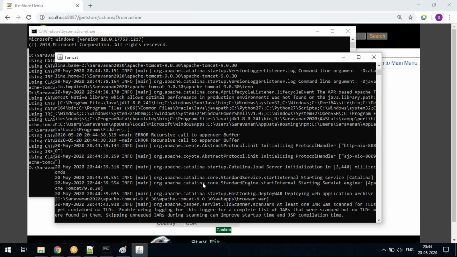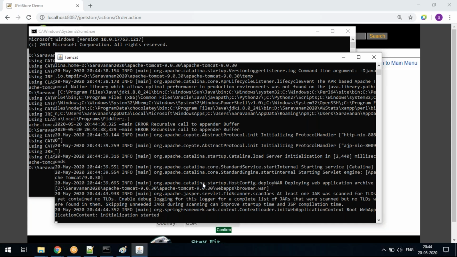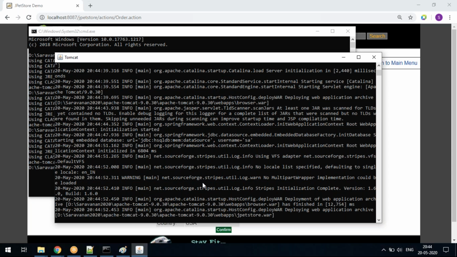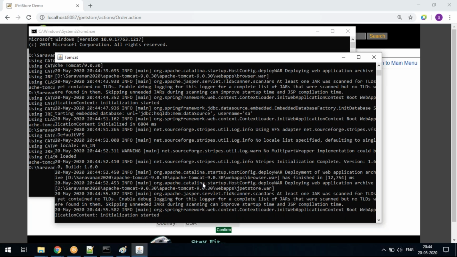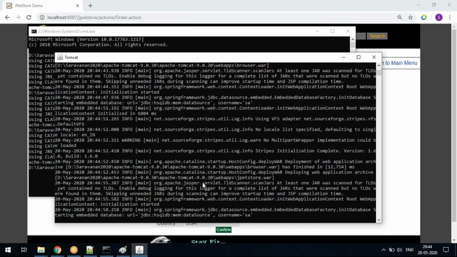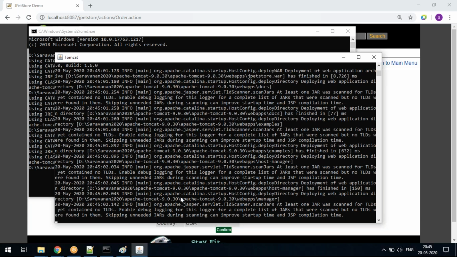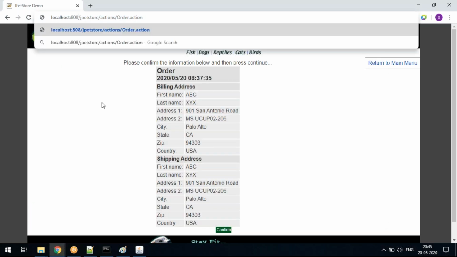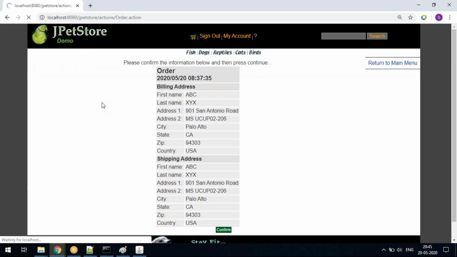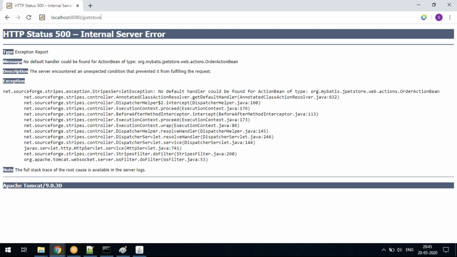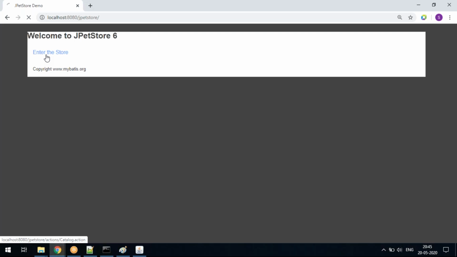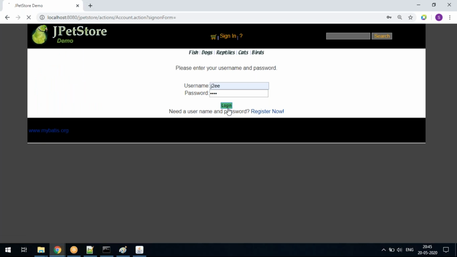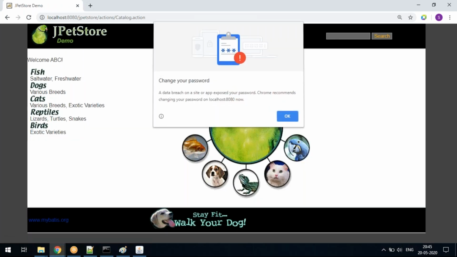Now nothing, guys. We only changed the port on which the application is working. Yeah, it is started properly. Now as I mentioned, I'm going to 8080. I have to launch it properly. Yeah, launched properly. And then I'm signing in, logging in. Like this you can do your regular load creation.